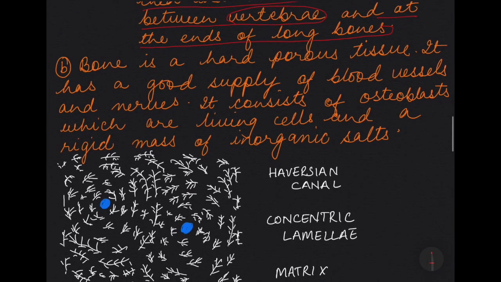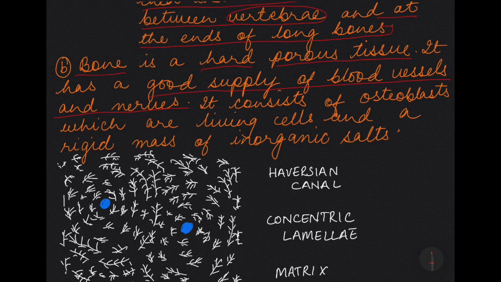Now next we come to bone. Bone is hard, but it is a porous tissue, because inside bones red blood cells and white blood cells are produced. So these pores are there so that the blood cells, once produced there, can easily seep out and move on. It has a good supply of blood vessels and nerves, not like the cartilage. Remember, cartilage did not have any blood vessels and nerves, but bone has a good supply of